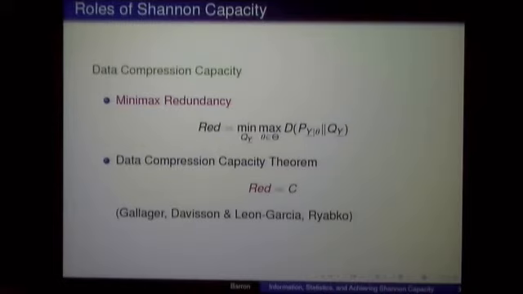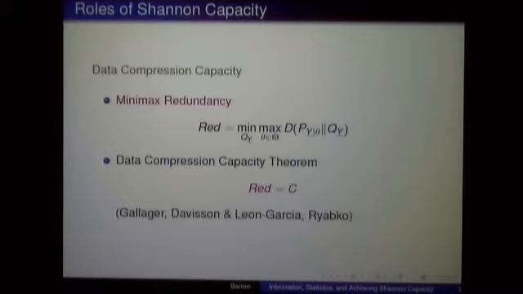But it goes on, because in data compression, there's also a fundamental role for the information capacity. So in data compression, we'll come back to it, D(P||Q) plays the role of the redundancy of data compression. Okay? After our initial excitement of knowing that the entropy is the minimal expected code length, now let's get down